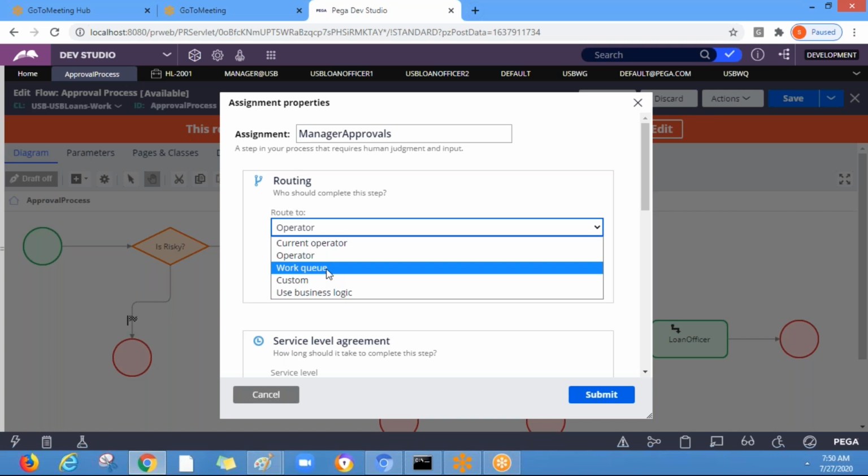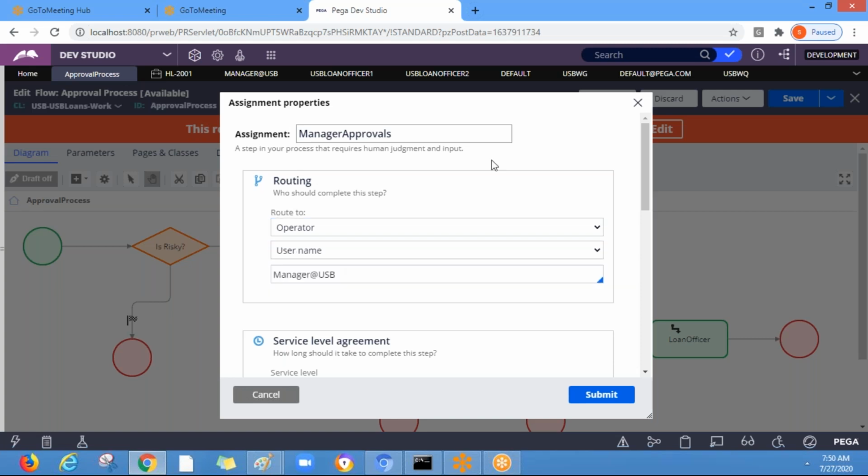And work queue is for routing to the multiple operators. So where we specify the work queue, and it will check what work group is defined and to whom it is assigned. Okay. So if we specify while routing, we will specify the work queue.